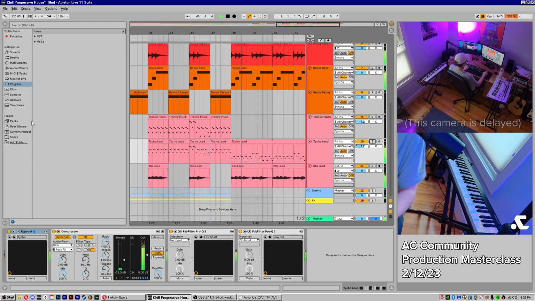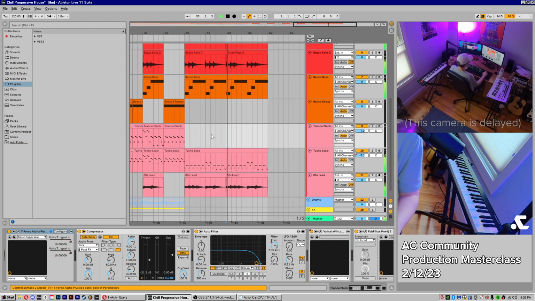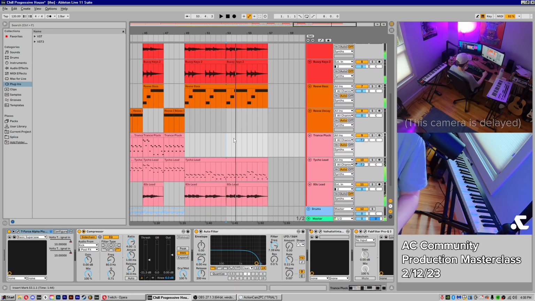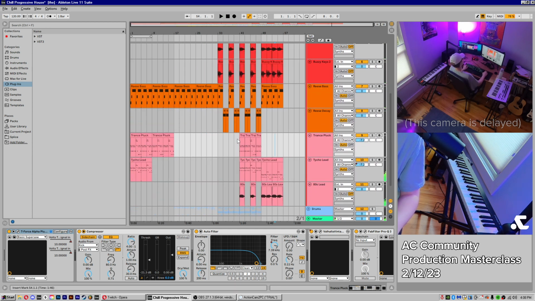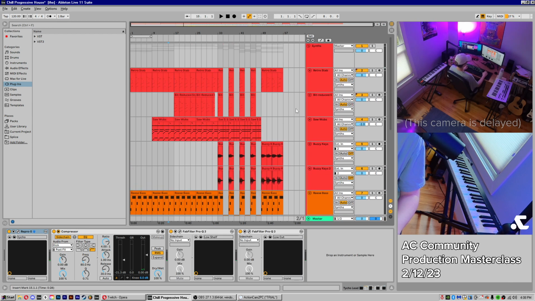It's almost like a big sort of sweep into the outro here, which isn't much of an outro. Again, this track is far from a complete track. It's just, I would say